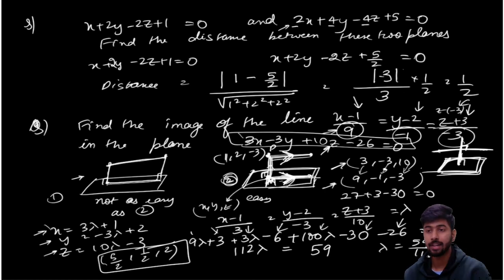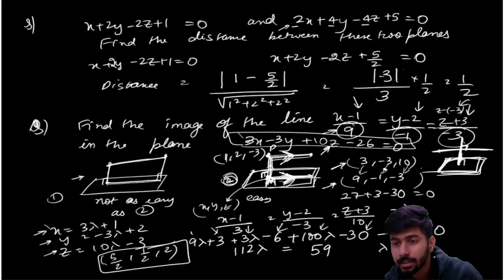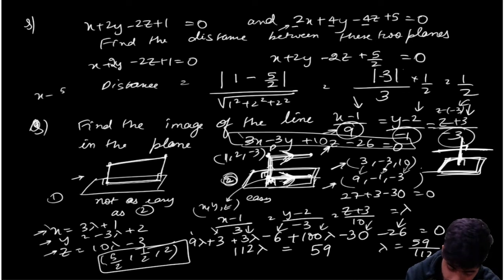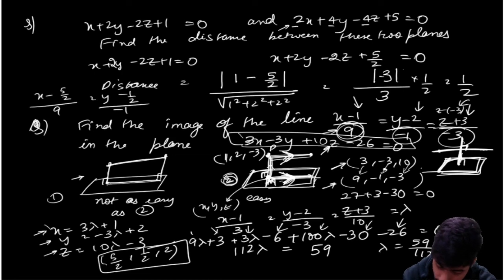You have the DRs, you have the point, and when you have both available with you, you can obviously write the equation of the straight line, right? So it's nothing but x minus 5 by 2 divided by the DR of this line, which is 9, is equal to y minus half by the DR of this, which is minus 1, is equal to z minus 2 divided by the DR of this, which is minus 3, is equal to lambda. This is the equation,